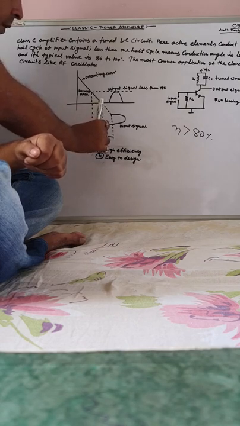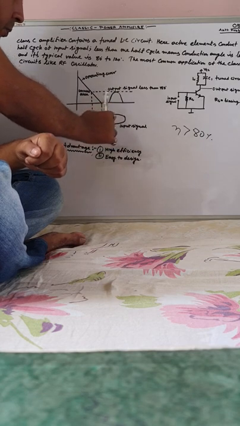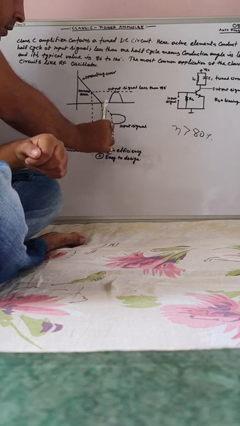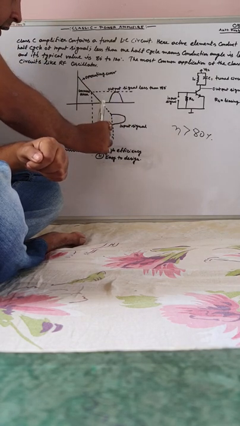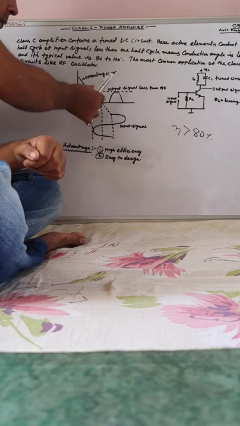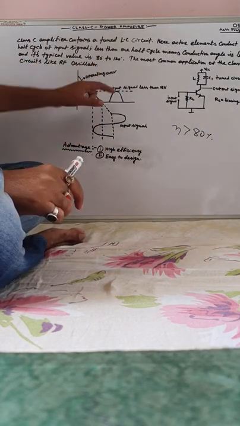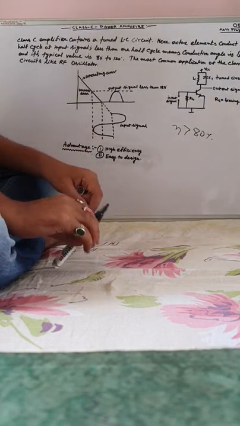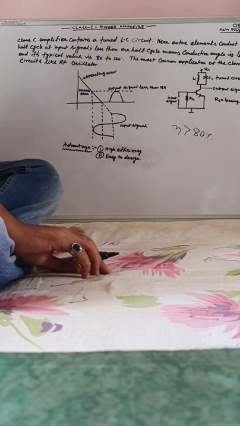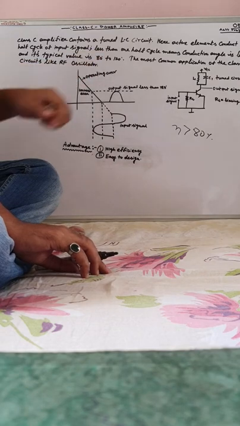This is the full input signal. This is less than one half of the part. You see, this is one half, this is the other half. Less than one half of the part is projected here. So the conduction angle of the output signal is 120 degrees. Typically, its value is 80 degrees to 120 degrees.